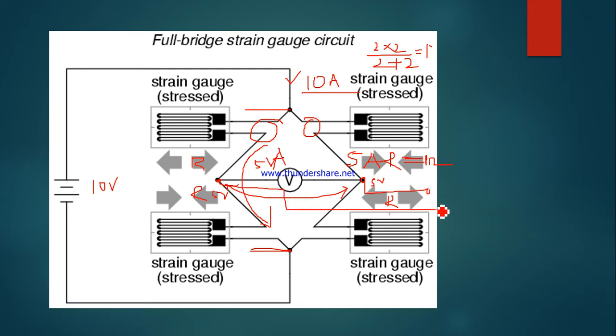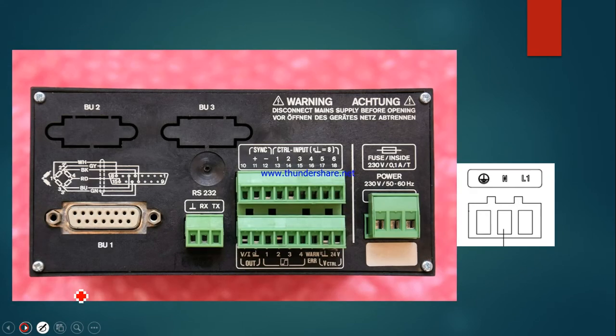Okay, so we will learn how to connect it with the load cell. This is the back side of that particular load cell amplifier, the MVD 2555. This is the power connection. This will be line 230 volt, neutral, and this is to be earthed. These are the things when you want to get the digital data. These pins I will discuss later.